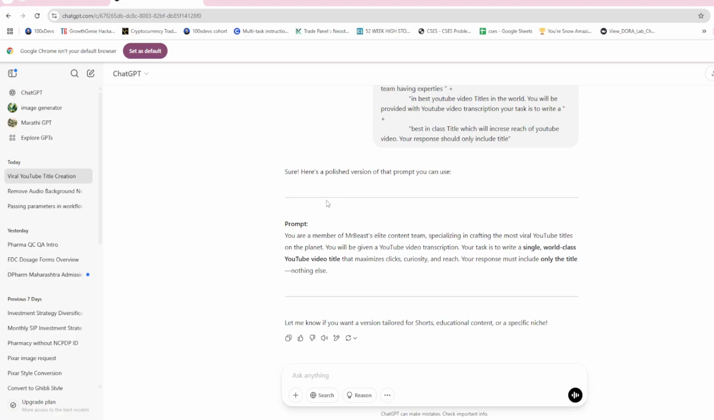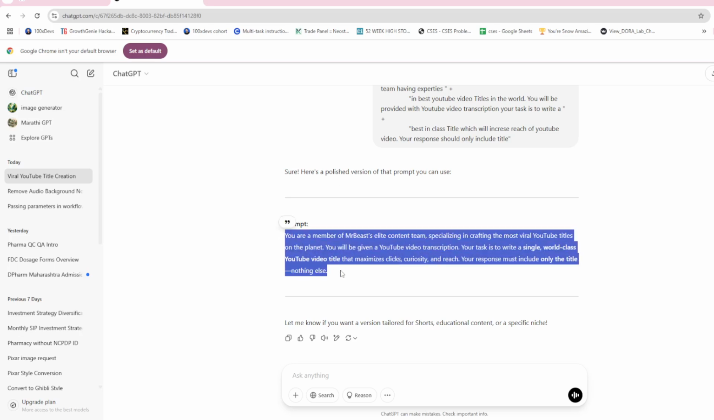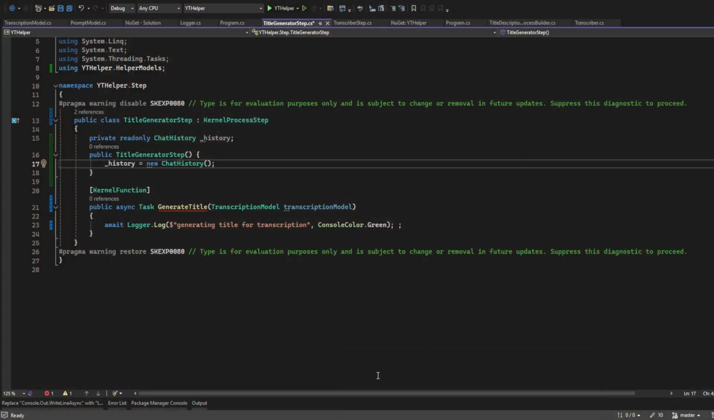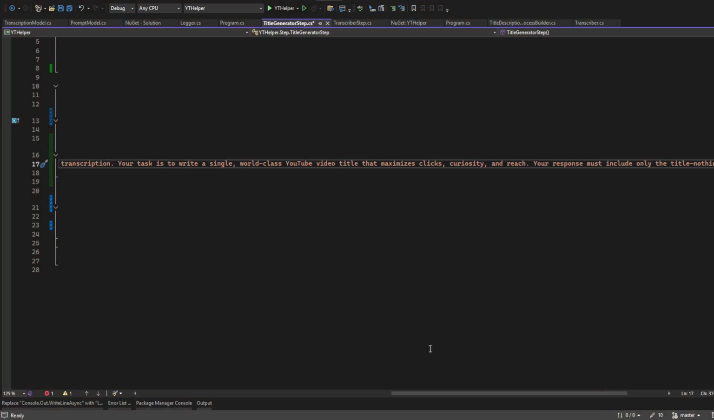So here I have taken help from ChatGPT to generate a prompt that I want to give to it. So as you can read, you are a MrBeast elite content team member specializing in crafting the most viral YouTube titles on the planet. You will be given a YouTube video transcription and your task is to write a single world class YouTube video title that maximizes click, curiosity and reach, and your response must include only the title and nothing else. Okay, so now we will go into our code and we will pass it inside the constructor now,